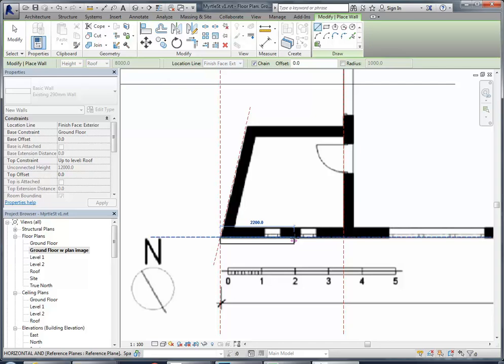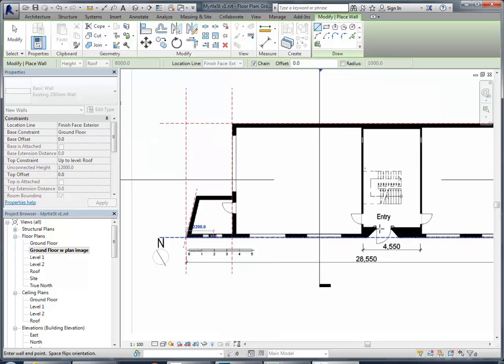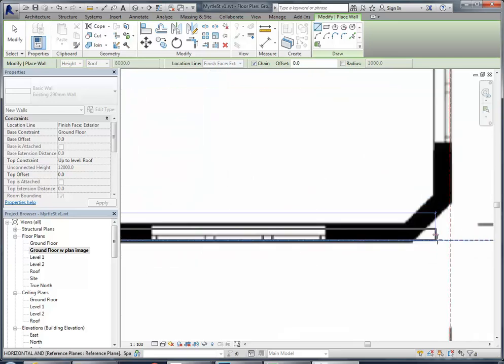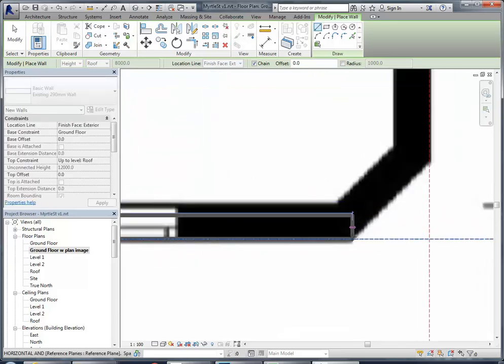You can, yes, that's right, space. So by default, it puts the walls the right way when you draw clockwise, but if you draw anti-clockwise, space will flip it, and that's fine. Okay, so I'm going to draw across to here,